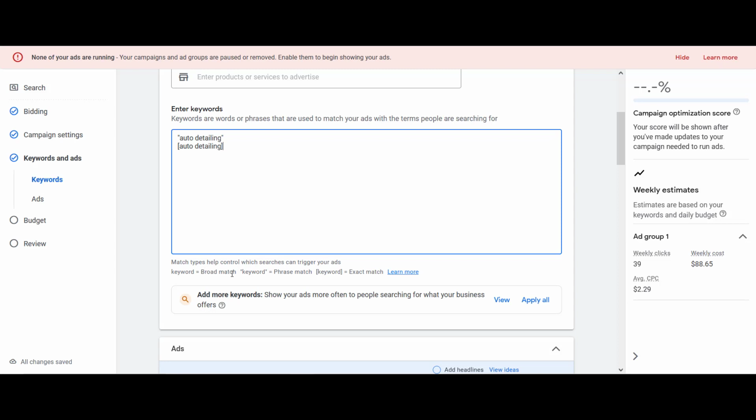The reason I don't do broad match is it will show your ad for things that are remotely similar to auto detailing. So your ad could show for anything in the automotive space, like auto repair shops or auto detailing products, and we don't want to show up for that. If we're showing up for people searching for auto detailing products, they're obviously not looking for somebody to detail their car. We'll touch on that more in depth later, but just drop in a couple of keywords